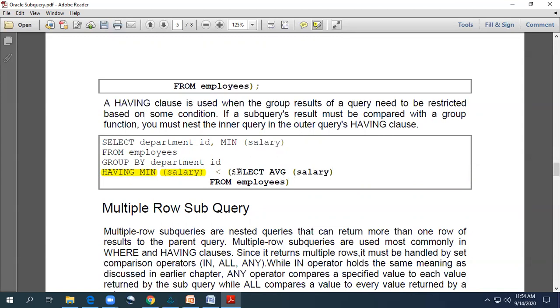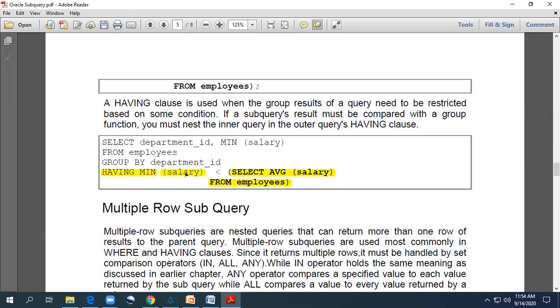So definitely I need a nested query here. That nested query will return the average salary of the employee. This is my nested query: select AVG in brackets salary from employees. This inner query will return the average salary of the employee that I am matching with the salary of all the employees in the department.